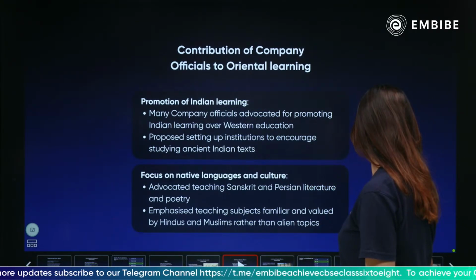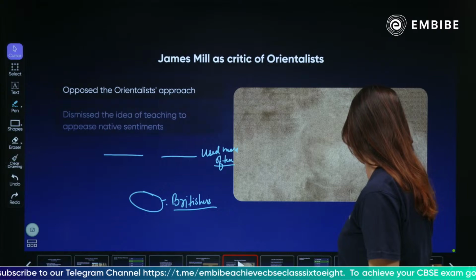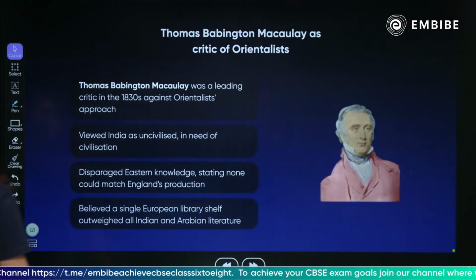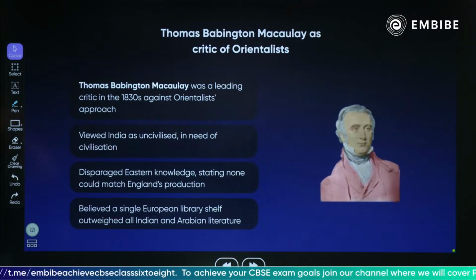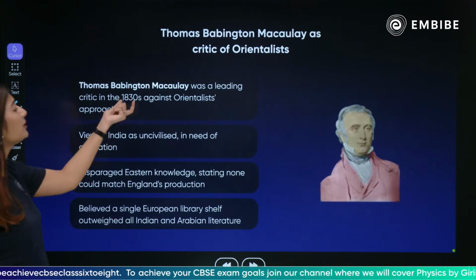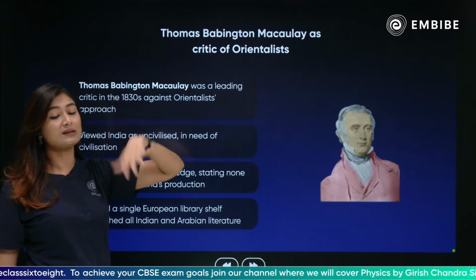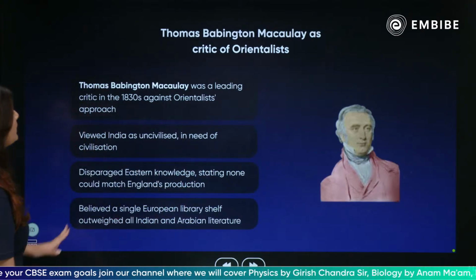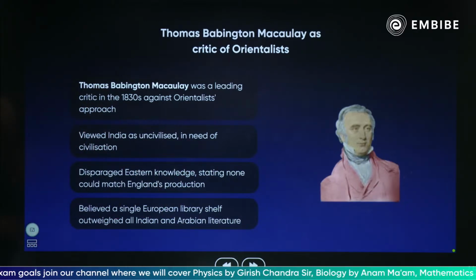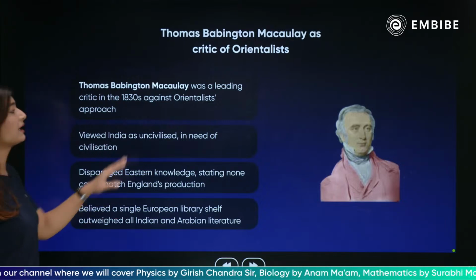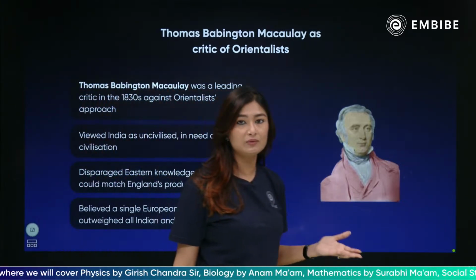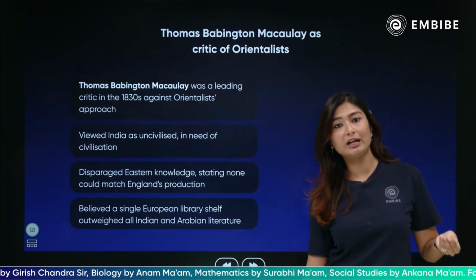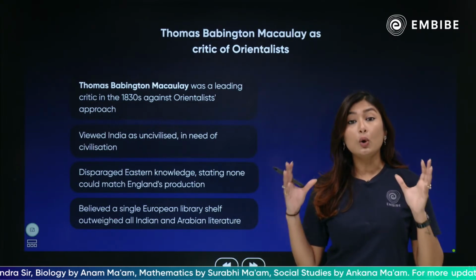अब हम 1 सेकेंड, now we are going to understand. अब हम बात करेंगे टॉमस बैबिंगटन की. तो he was a leading critic in 1830s. ठीक है, तो now officials are turning their backs on the system. अब इस सिस्टम से वो अग्री नहीं कर रहे. 1813 में आते हैं टॉमस बैबिंगटन, जो बिल्कुल completely against है from the approach that William Jones had, right. तो ये जो विलियम जोन्स की अप्रोच है, जो कोलब्रूक की अप्रोच है, हलेद की अप्रोच है, the Orientalist approach